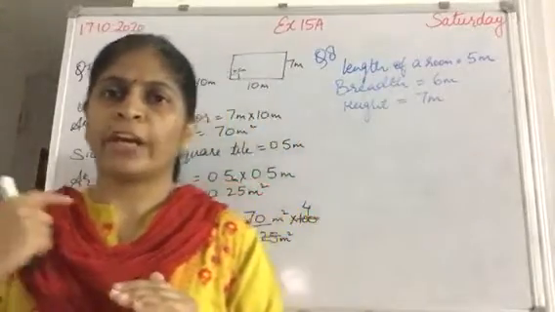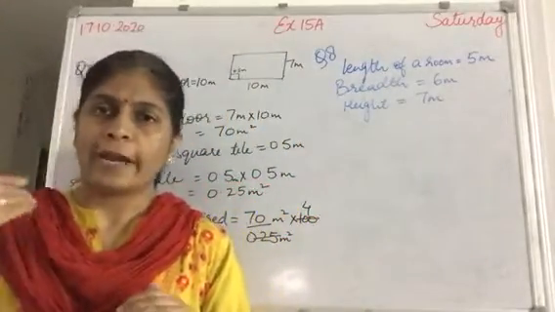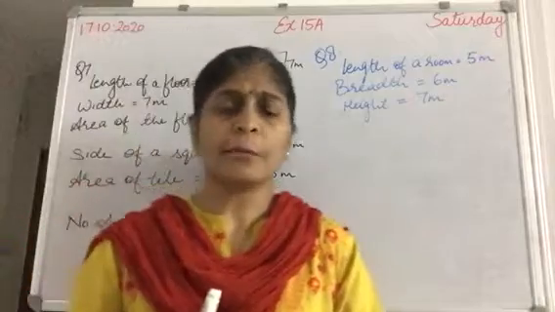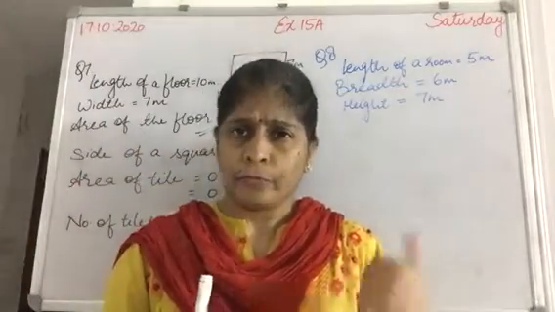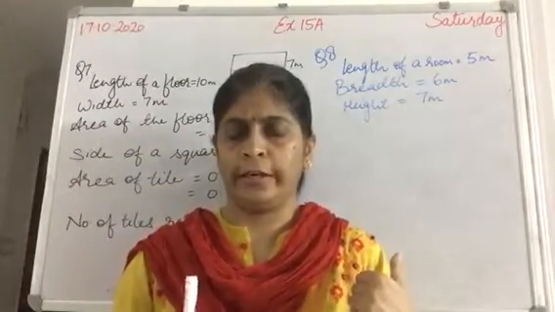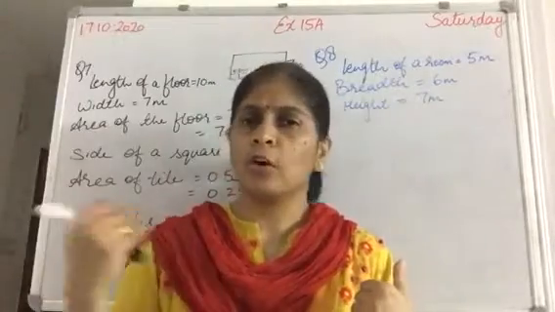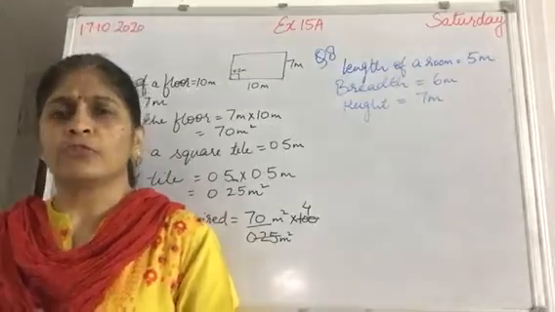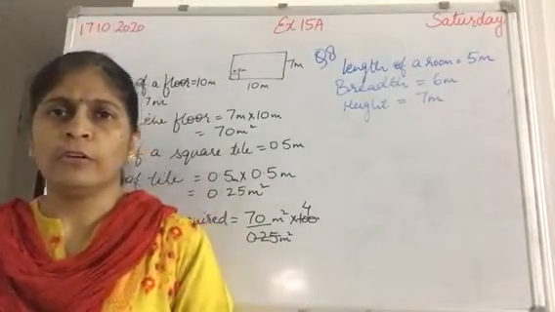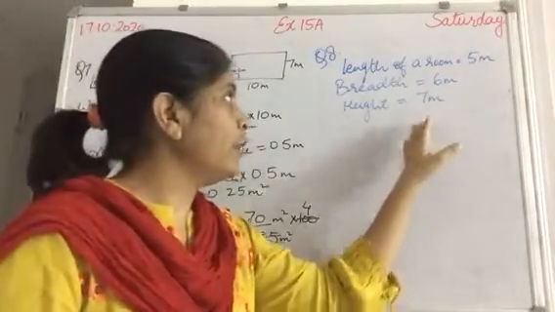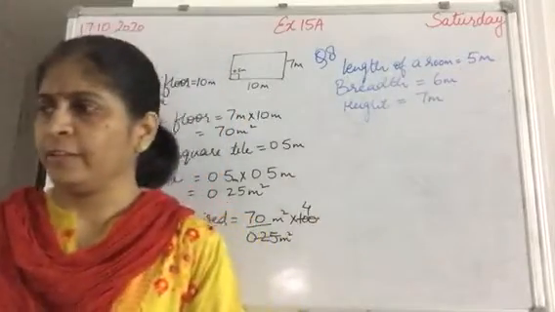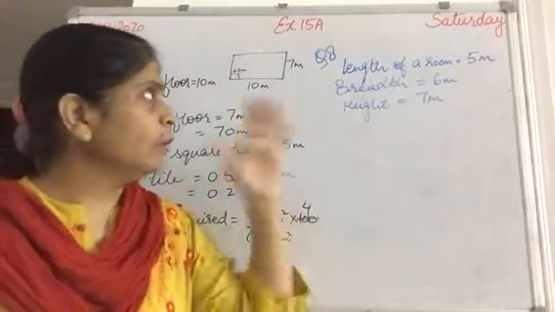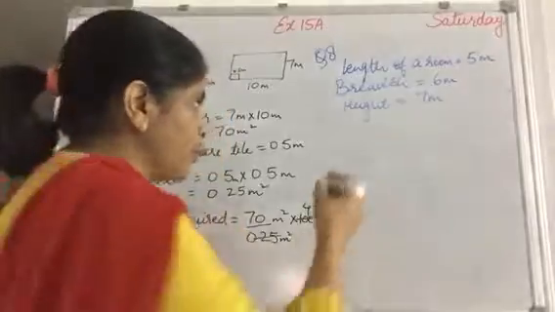So what we do, we find out the area of 4 walls and subtract the area of the door from that total area. Yes, and then the cost will be given as rupees 90 per meter square is the rate. So you have to find out the total cost of painting. So first of all, length, breadth and height are given in it. So we will find out the area of 4 walls.